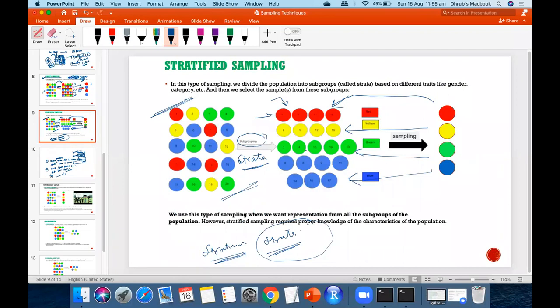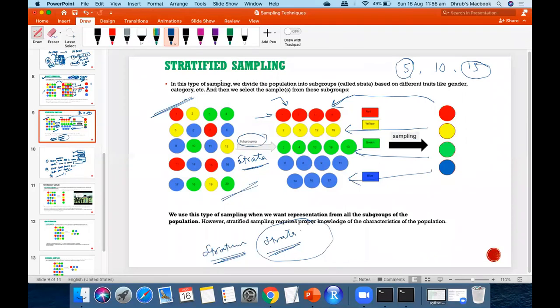Another thing is the subgroup here is called strata. Usually what used to happen in college is we used to get 5-mark questions, 10-mark questions, 15-mark questions. The same question if it came in 5 marks, you would write 2-3 very striking points. If it came in 15 marks, then you would write more. So for example, if you are not able to remember so many points, you can also say that the subgroups of the population in stratified sampling are called strata, and the subgroups in cluster sampling are clusters, right?